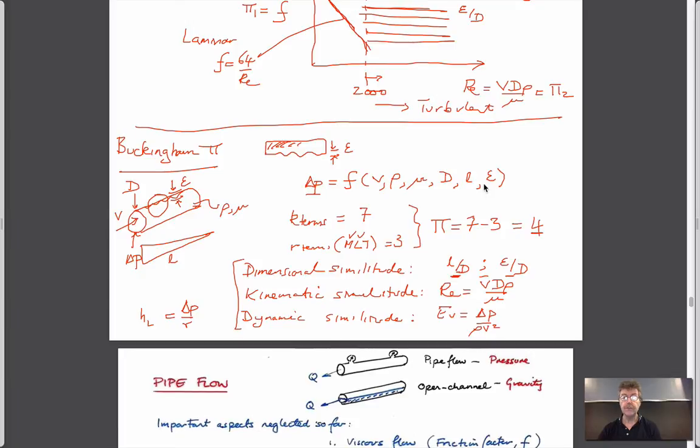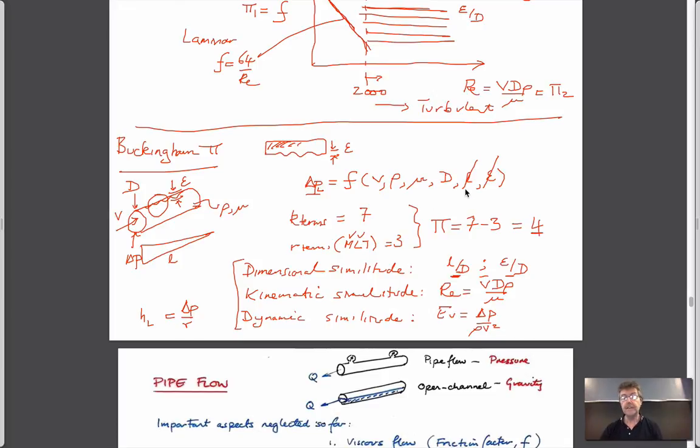We didn't worry about the fact that we had a roughness, and in the problem statement, the length parameter was included in delta P over L, right? It was pressure drop over length. So we really had just one parameter here which already incorporated this length. And as a function of that, we came up with delta P over L, it had a D on the top. So instead of having the 2 pi parameters that we had that time, an Euler number and a Reynolds number, which absolutely defined our system,